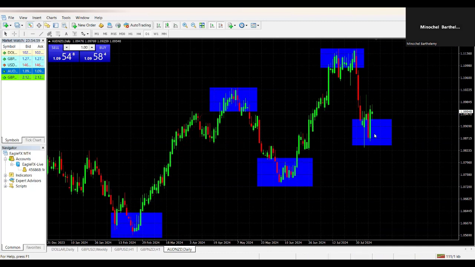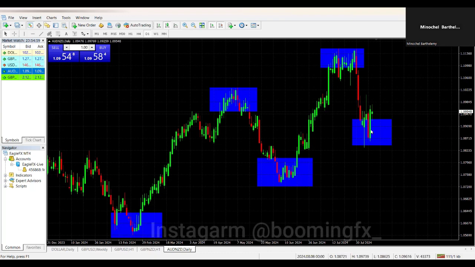Three things you need to use the strategy properly. You must follow the trend. You must be able to mark your key structures. If the market is trending up, you should be getting higher lows and higher highs. If the market is trending down, you should be getting lower highs and lower lows. And if the market is trending up, make sure to get in at the higher lows only. Do not be getting in up here or down here. Make sure to wait for the market to create the next structure at the 61%, and then you get in, and you're definitely going to ride it all the way up to that level,